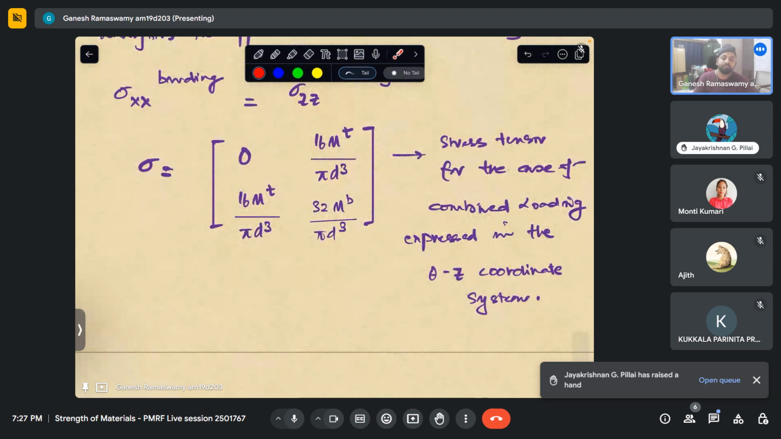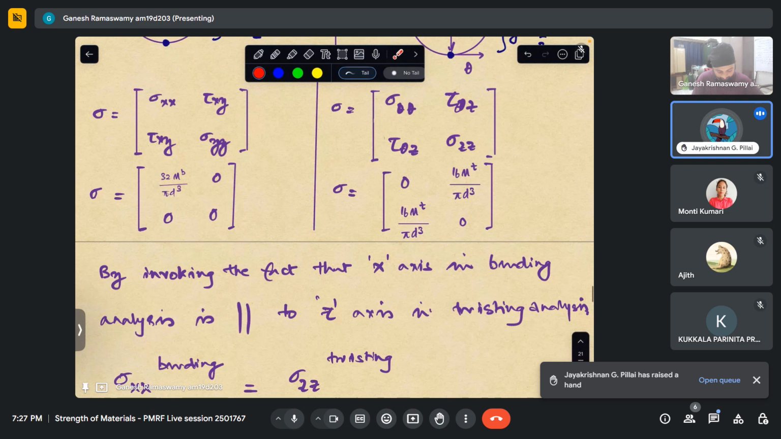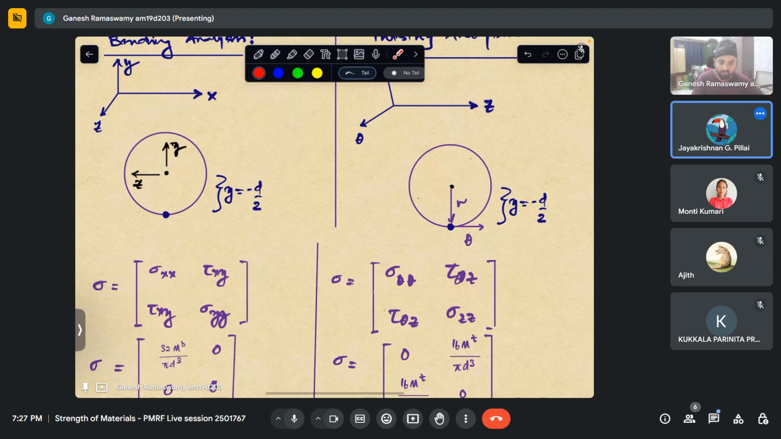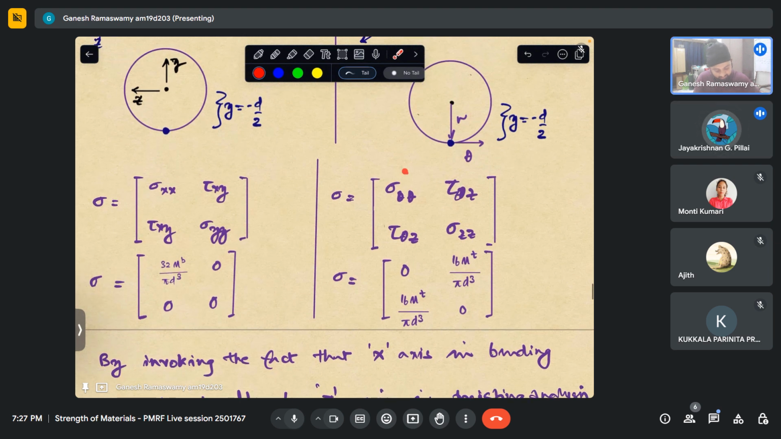Sorry to bother you. So when you say theta z coordinate system, so that is equivalent to, yes. The z is equivalent to the x in the bending coordinate system, correct? I'm not sure I understand why. This is the sigma theta theta and sigma zz. Right, right. The other one was equal. Understood, understood. So now that we have this, we can